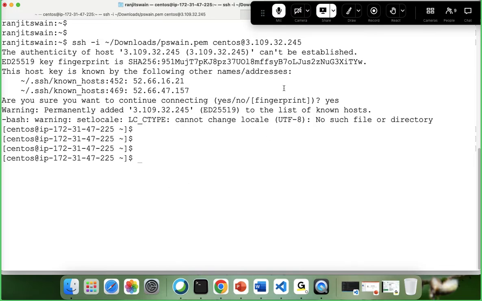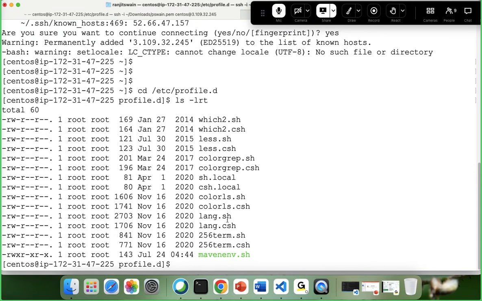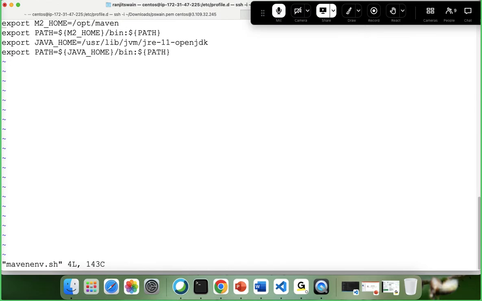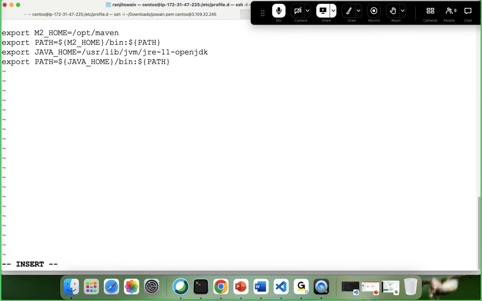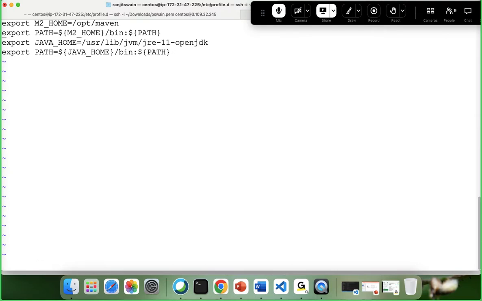Okay, so Jyoti, if you see here, in our case, you said it is not working. What we can do, you remember we had kept one thing in our profile.d file. Here we had created one script called maven environment.sh. So what you can do, simply edit this file, and in the top or below, you can just put